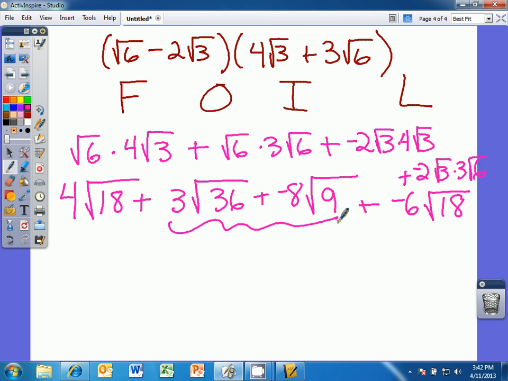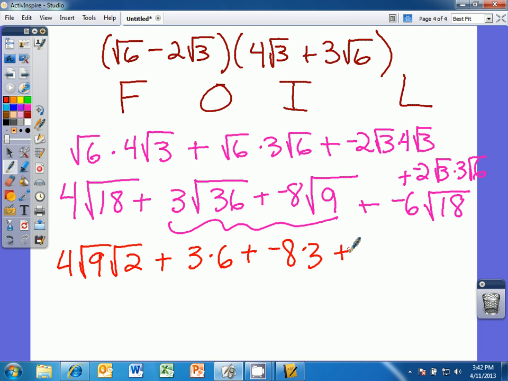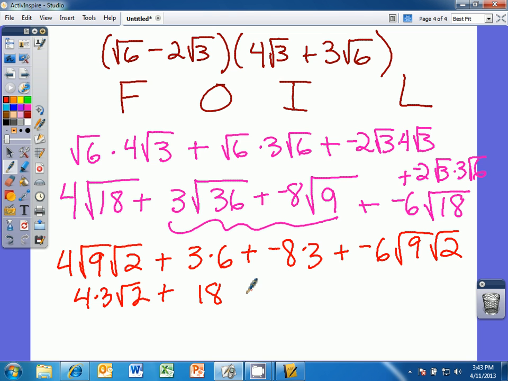Radical 18 can get simplified. We have a perfect square factor of 9, and so radical 9 times radical 2 plus, now square root of 36 is 6, so it becomes 3 times 6 plus a negative 8 times square root of 9 is 3, and then plus, again, radical 18 can simplify to radical 9 times radical 2. Last step, 4 times square root of 9 is 3, so 4 times 3 radical 2 plus 18 minus 24 minus 6